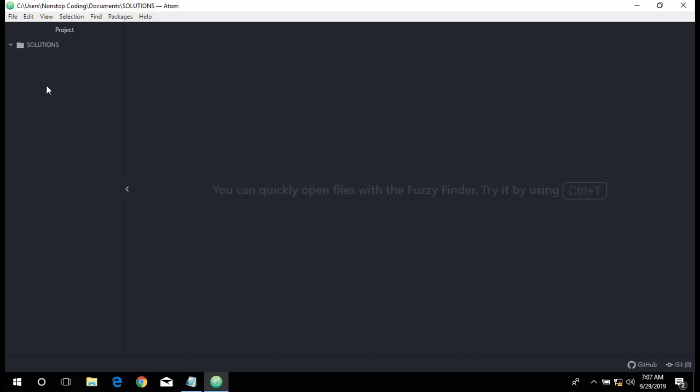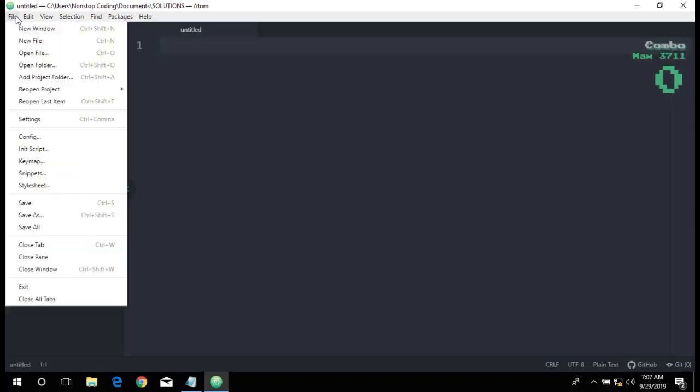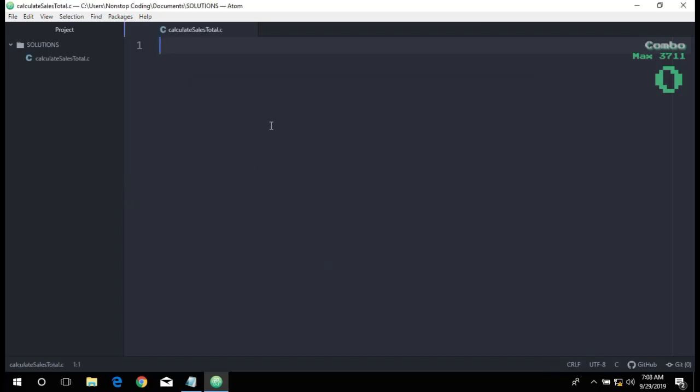So I have created a folder, so we just need to click the file and new file. So we're going to file again and save as. We're going to name this file calculates sales tax or sales total .c. Make sure that the extension is .c since this is a C programming. So we're going to include